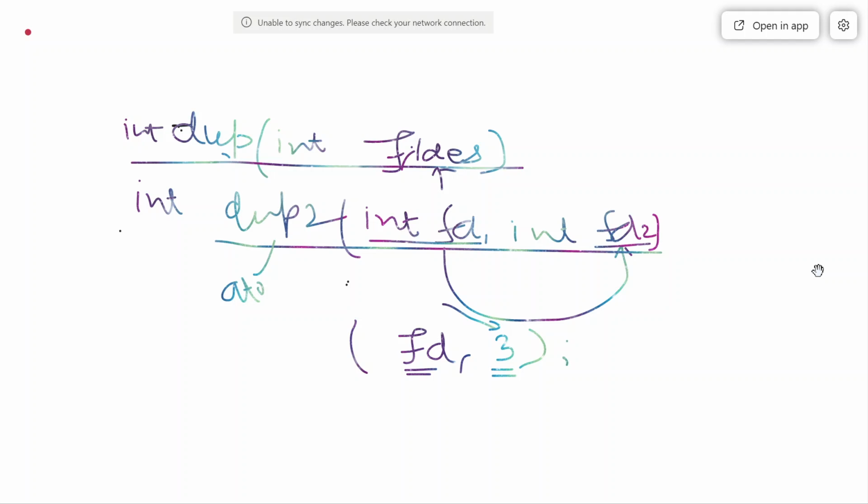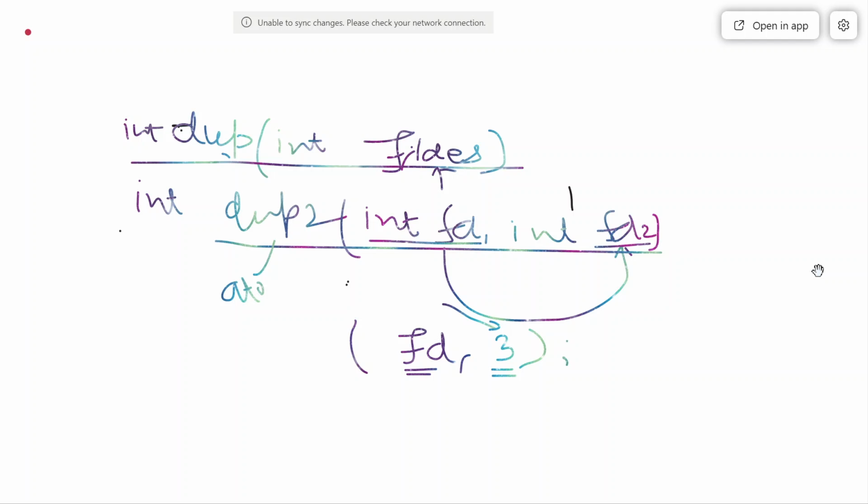Now you have to do the experiment based on dup and dup2. Just as an example, instead of FD2 I am writing 0 or 1. Let's say I am writing 1.